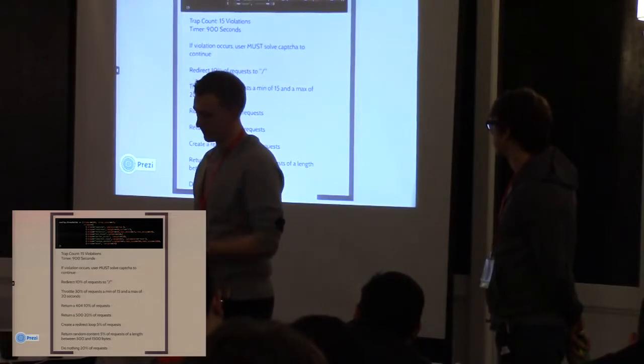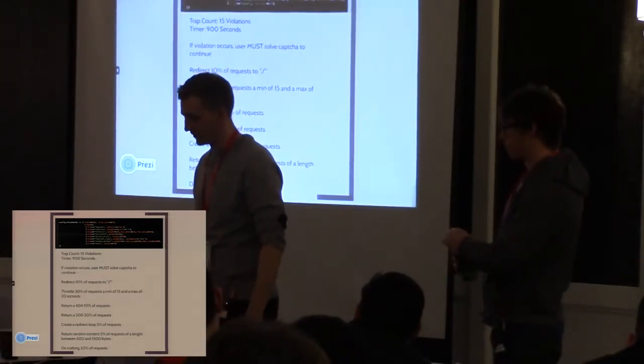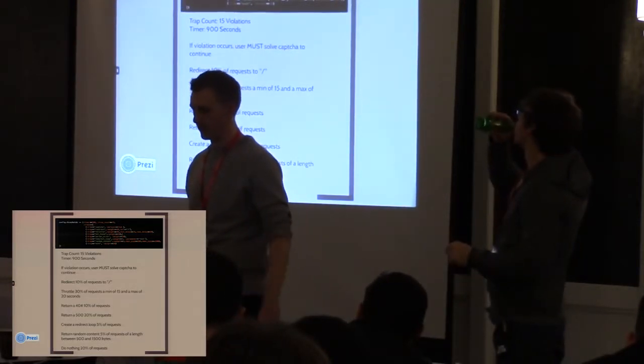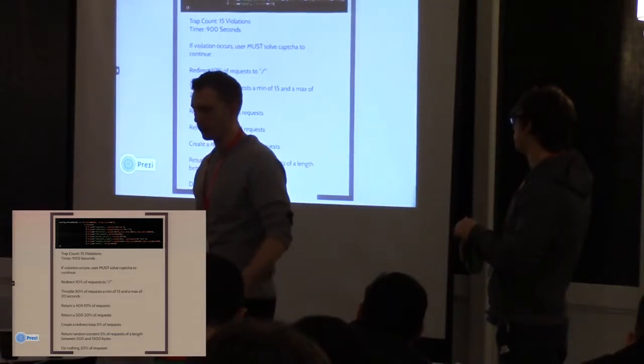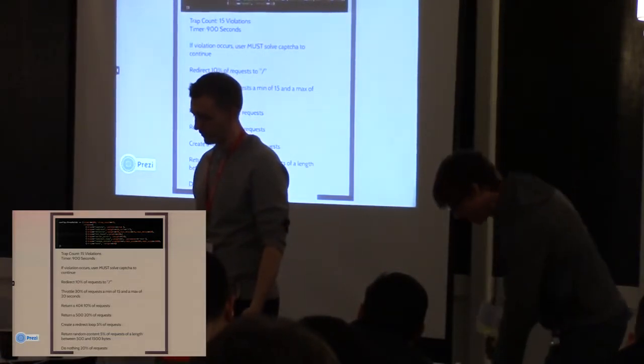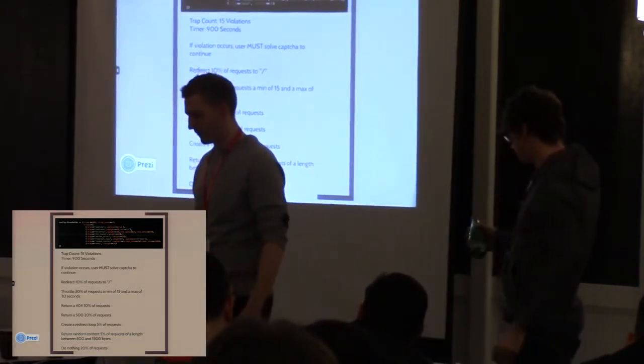So they'll get a CAPTCHA, and if they try to go somewhere else, they're just going to be redirected back to that CAPTCHA until they actually solve it. So that's one of the traps. And then we also have things kind of like we mentioned on the previous slides, redirecting to the root or to some other page 10% of the time, throttling so that the requests take between 15 and 20 seconds to respond, 404 pages, 500 pages,